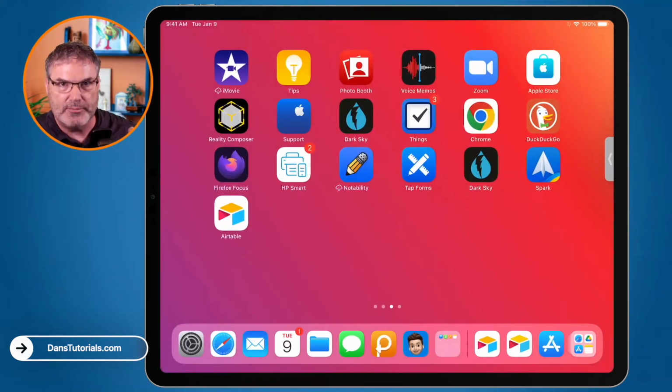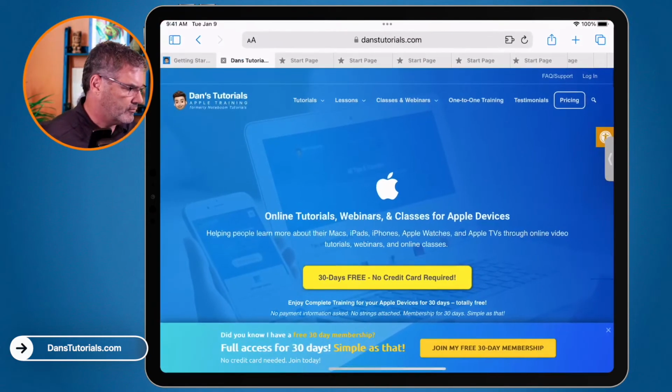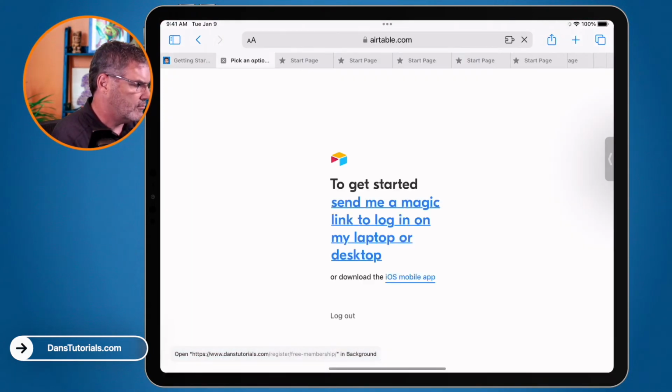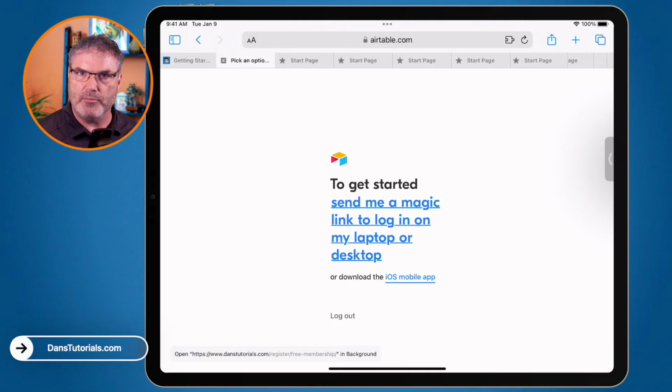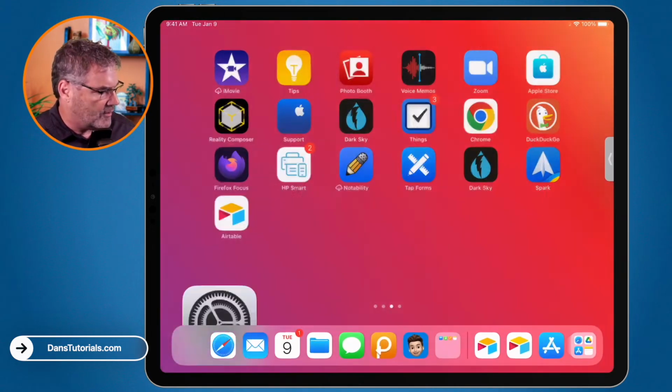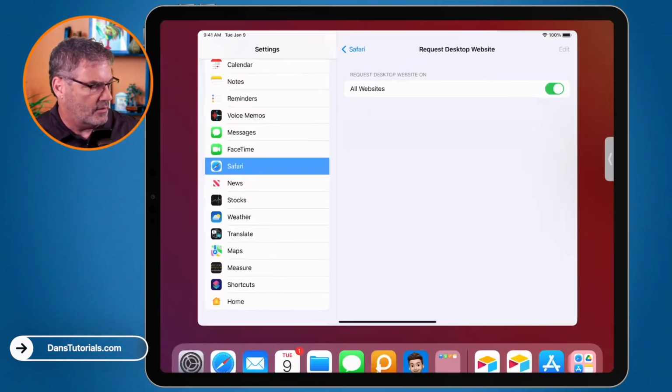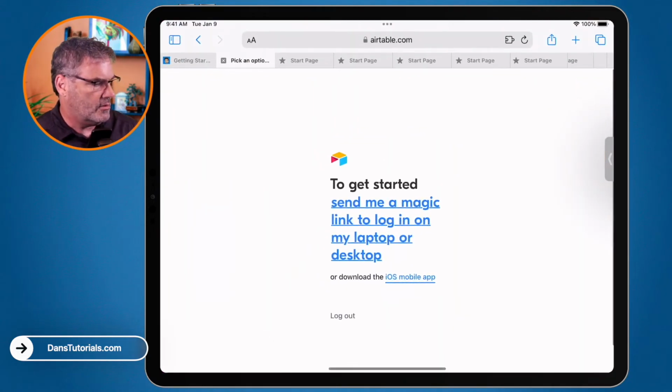And now what I'm going to do is go back over to Airtable. See what it did there? It told me, you need to get the app. It noticed that I'm on a mobile browser, and it says for the best experience, what you need to do is go on a desktop or a laptop or get the app. Well, being that Safari has desktop class browsing, you have to turn that on, or it is on by default. If I go and turn that on, and then I go and refresh,